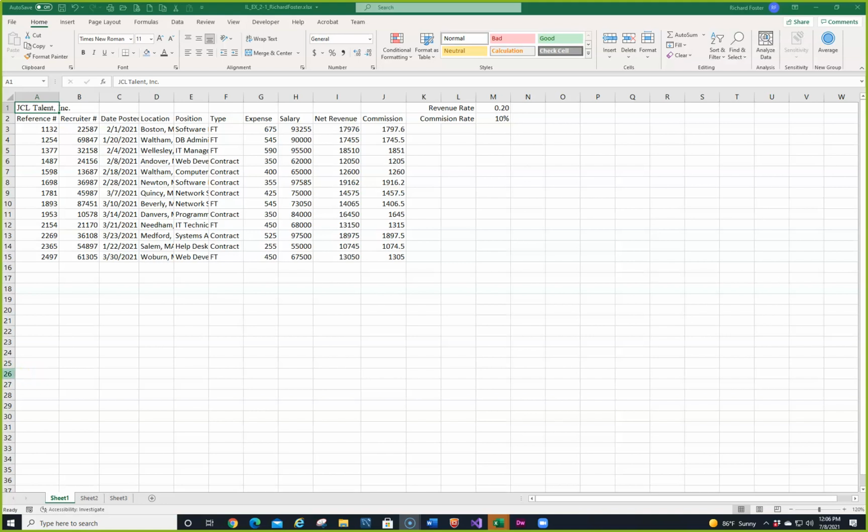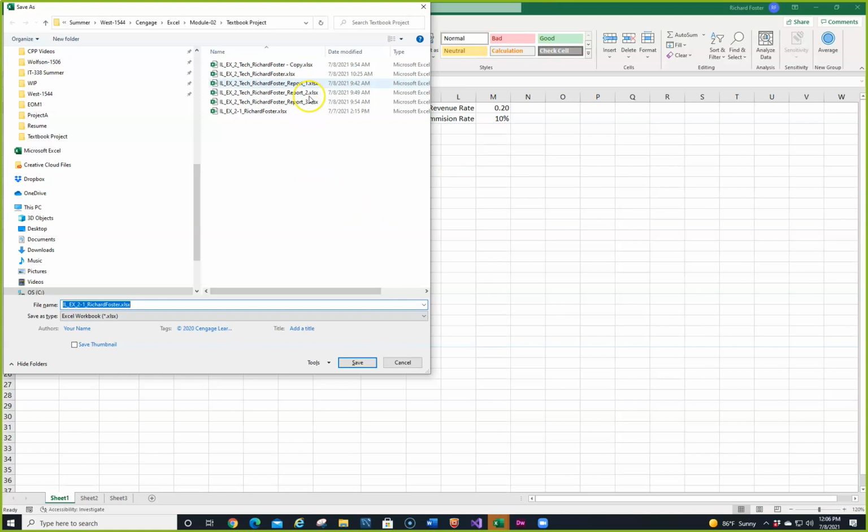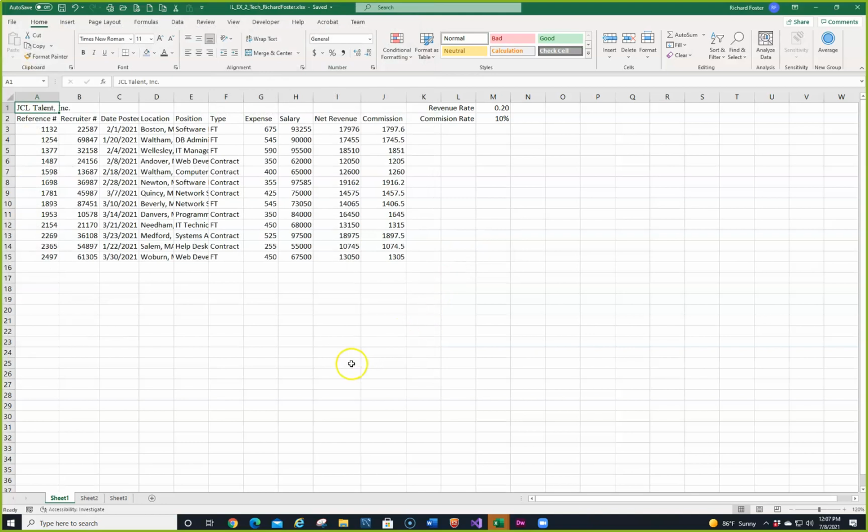So I'm going to open up 2-1, which I already have, and I'm going to save it as 2-1. We want to do tech. So I'm hitting the F12 key on my keyboard. I've already done this, so I'm just going to use this one over here. Remember to make sure it has your name on it. Click on save. Yes, I know it needs to be replaced, and we're good to go. So we're good here. And what we're going to do now is select the range G3 to